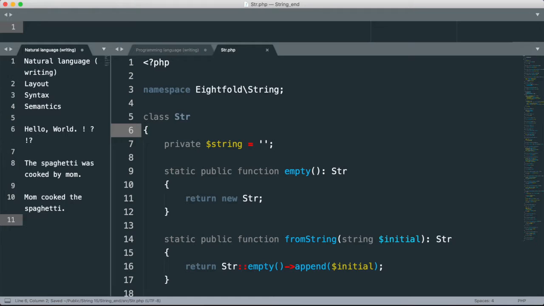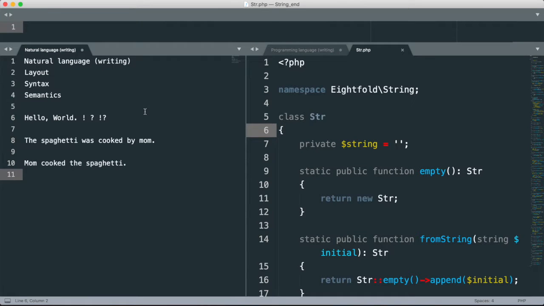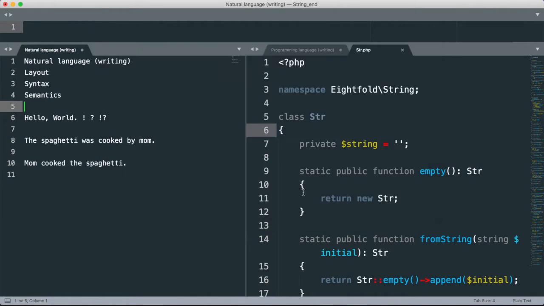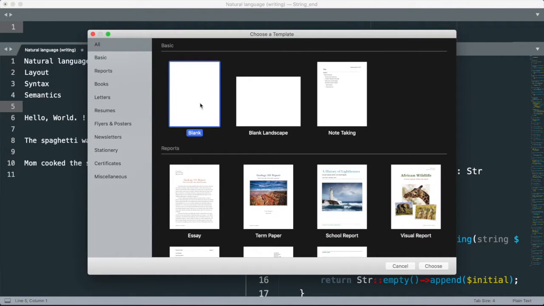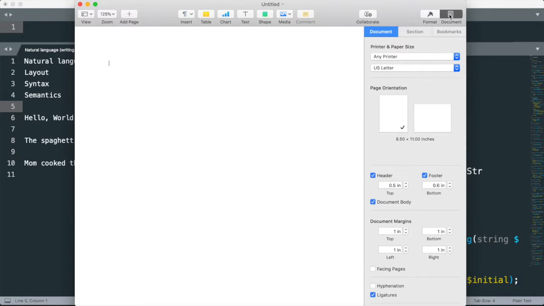Now, when it comes to layout, and we're going to kind of have to go pretty fast on this, when it comes to layout, which is what we're going to try to talk about today, this usually has to do with things like margins. So I'm going to bring up a word processing document. And basically layout has to do with,